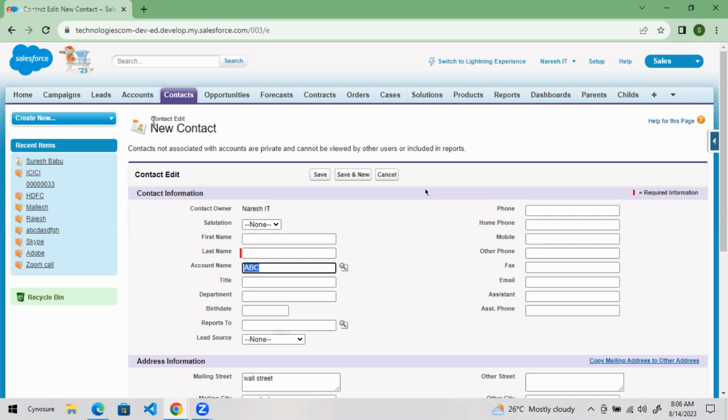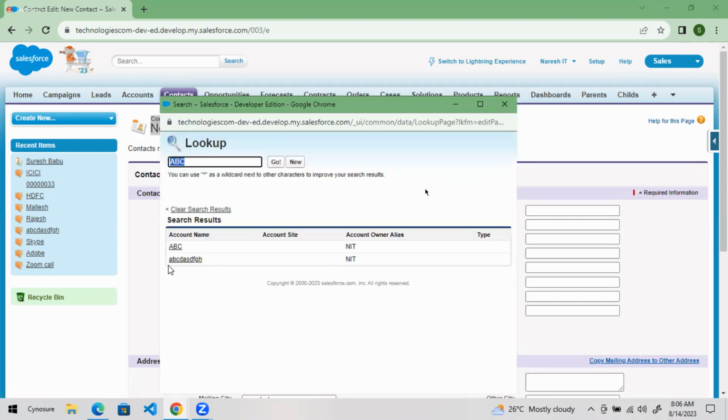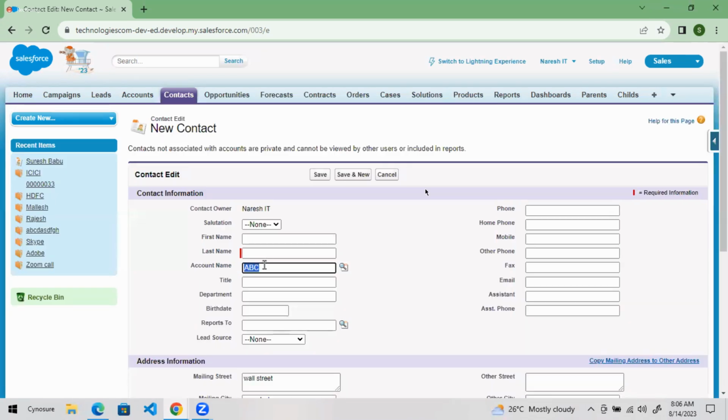So when I am creating a new contact record and trying to link this contact with any one of the existing accounts, when I click on the lookup icon, even though I can see the name, if I click on the name and use this particular one and click on save, then